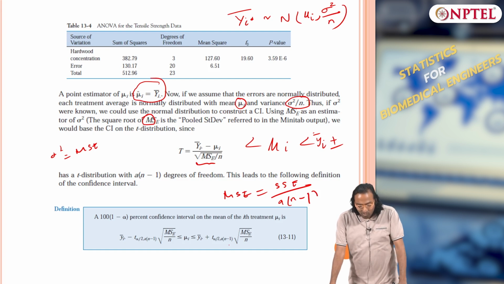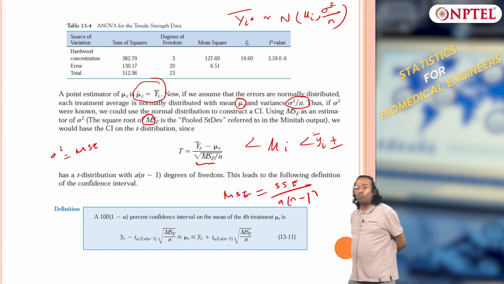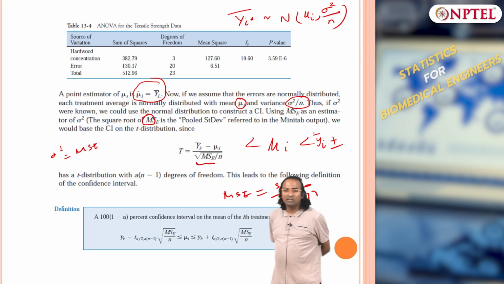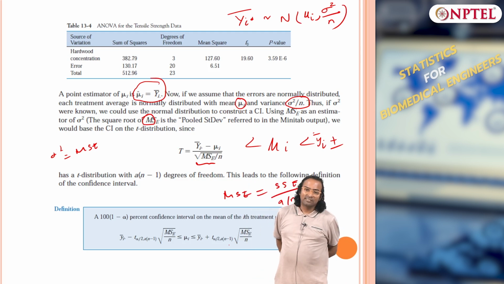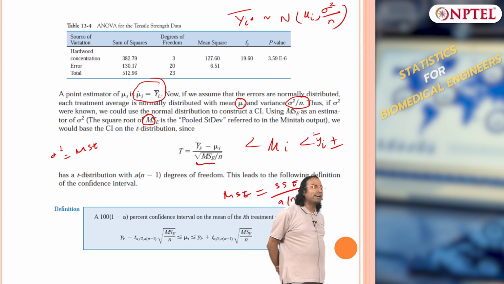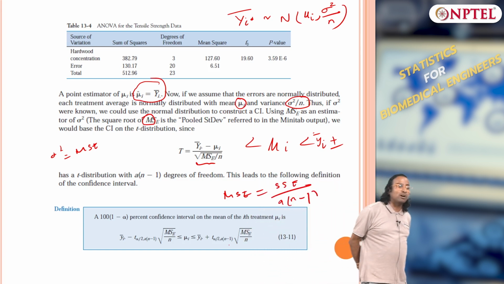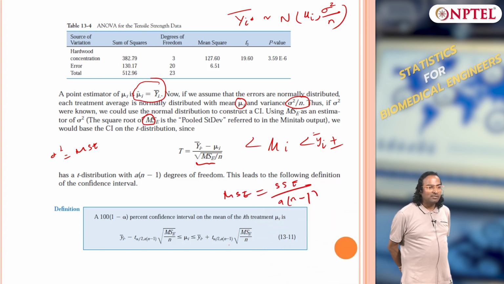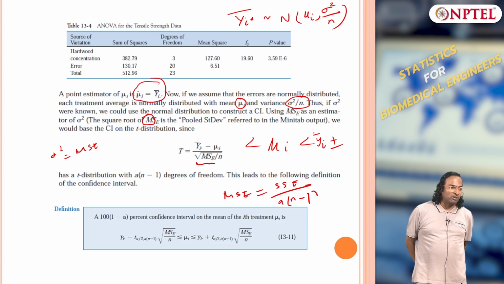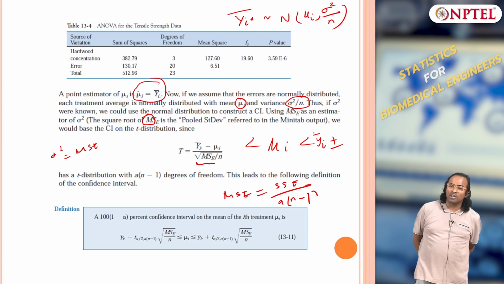Okay, so now I can give a what? Confidence limits for each mu I. So for each treatment mu I can give confidence intervals. Now look at it all in one shot, we do not do multiple, all in one shot. I can give confidence intervals all in one shot.